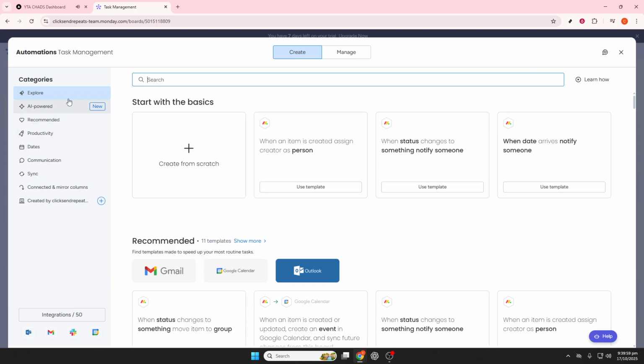Next, you need to configure the metrics and the scoring formula. For each metric, define how you will input values, whether through dropdowns, numbers, or ratings. This flexibility allows you to assess tasks accurately. Then, you must configure how the final priority score is calculated. This is typically done through a formula that combines the selected metrics. By carefully setting up this scoring formula, you ensure that tasks are ranked according to their true priority within your